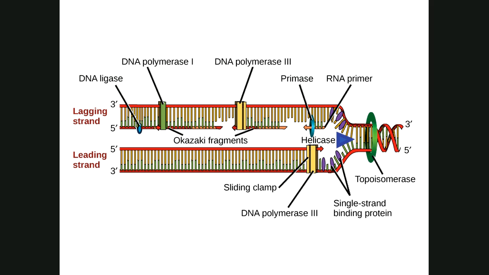If I could draw it up here, what should be happening, and this is just the lagging strand. All right, so this is the lagging strand, and we know that we can't read from 5 to 3, or you have to read from 3 to 5. So what happens is the RNA primer is going to be